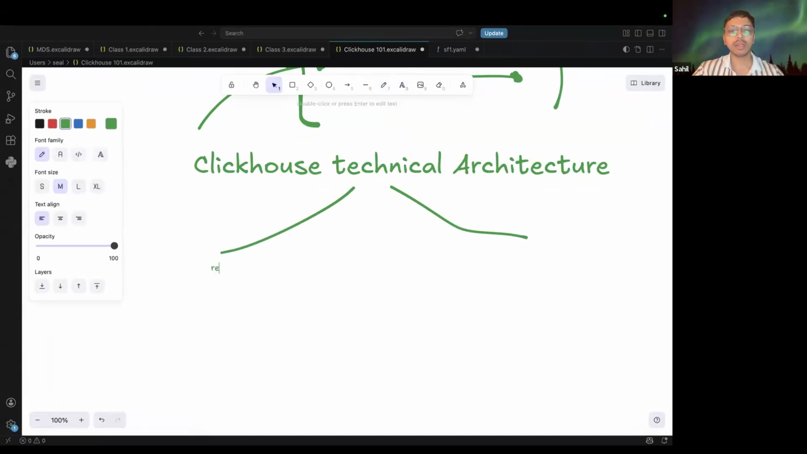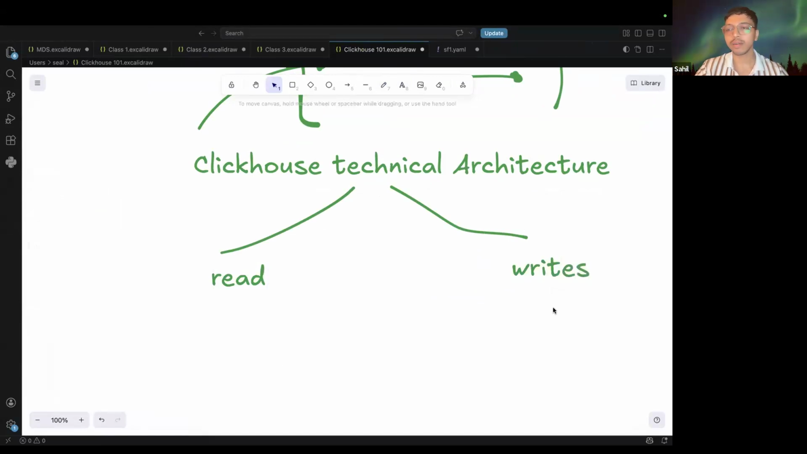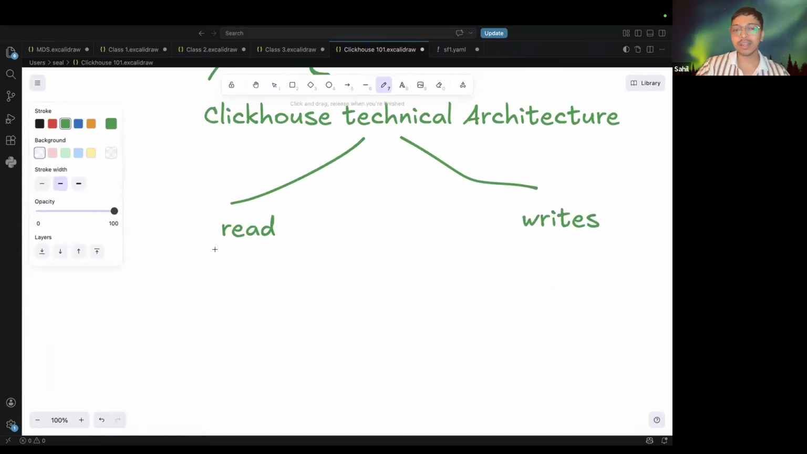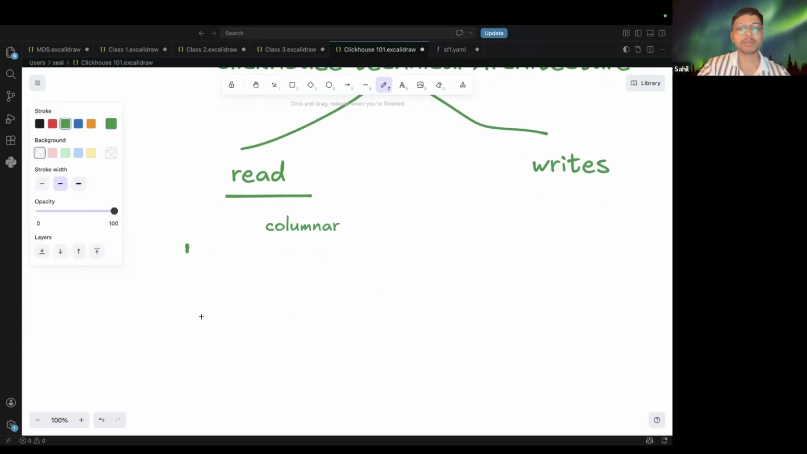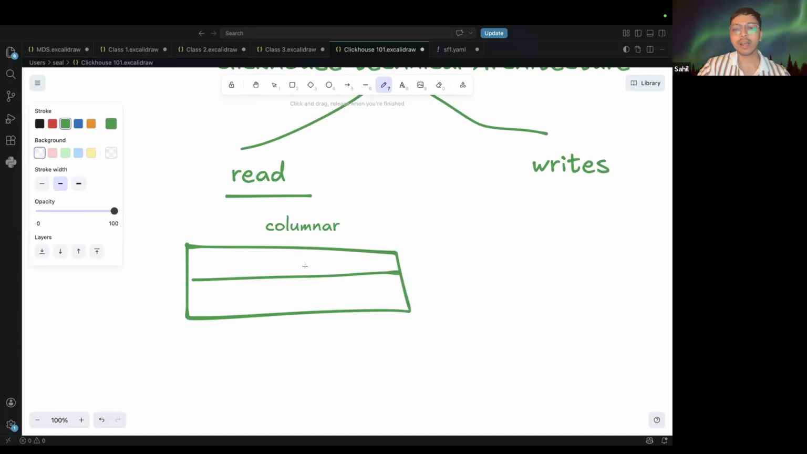If I talk about read, maybe I should draw both of them first. And if I talk about writes, okay, the reason ClickHouse is very fast in reading the data, there are a number of reasons. One reason is it's columnar. The meaning of columnar is, if I have this data,